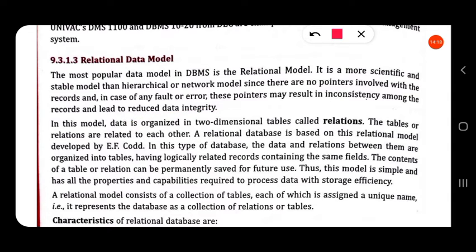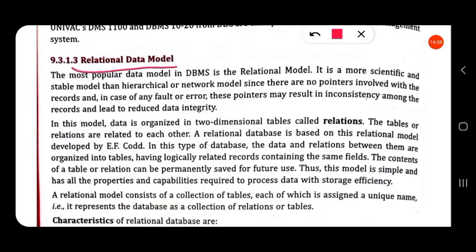But in this model, data is organized in two-dimensional tables called relations. In a relational data model, the data is stored inside tables like in an Excel sheet.